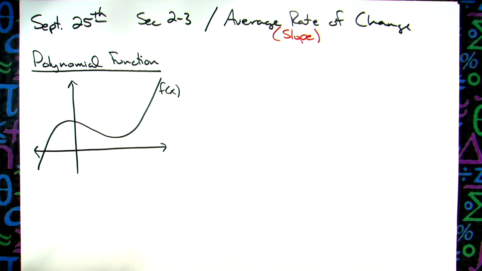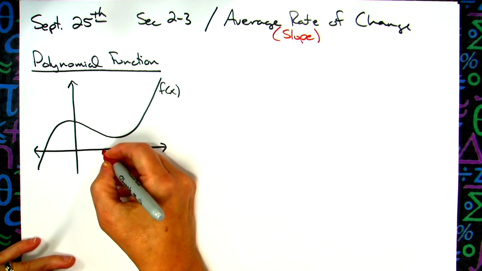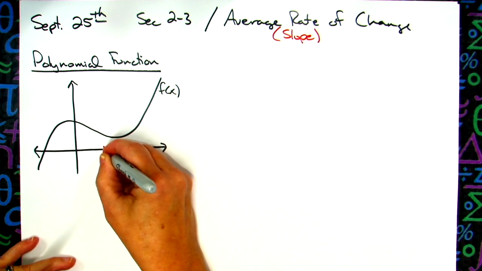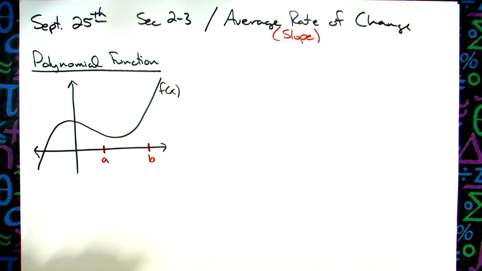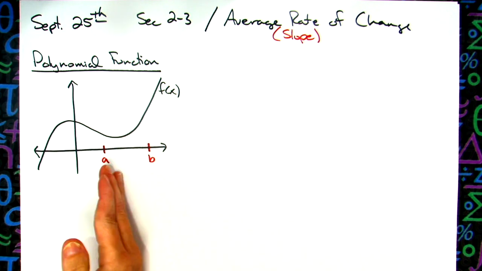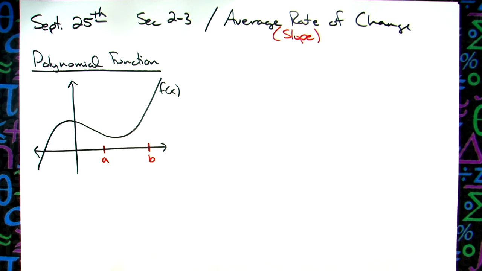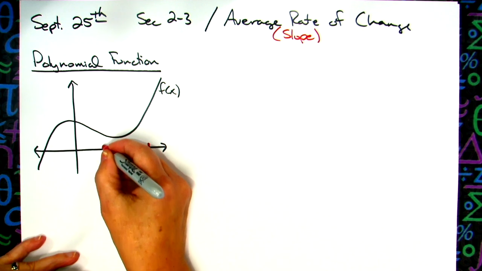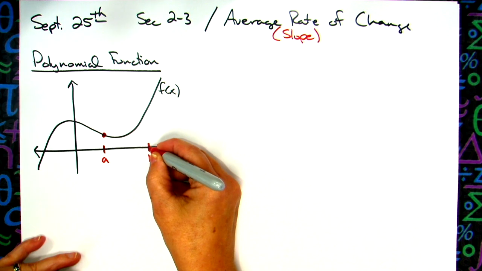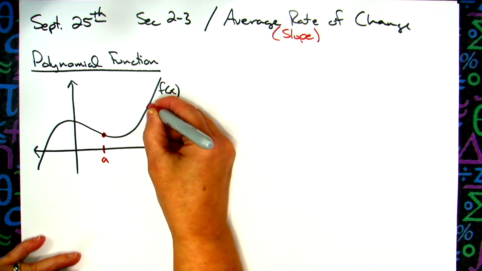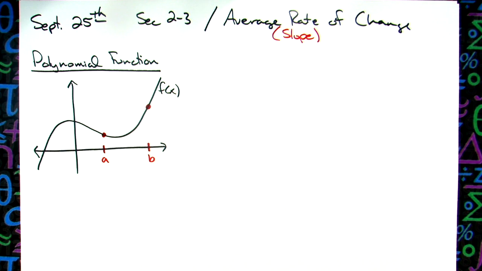So what we're going to do is say, maybe I want to find the average rate of change, or the slope, from maybe, say, this point A to maybe this point B. So I want to find the average rate of change just on that interval of the function. You would take A, go up to your curve, and there would be a point. You'd take your B on your x-axis, go up, touch your curve. And then if I draw a line through that,